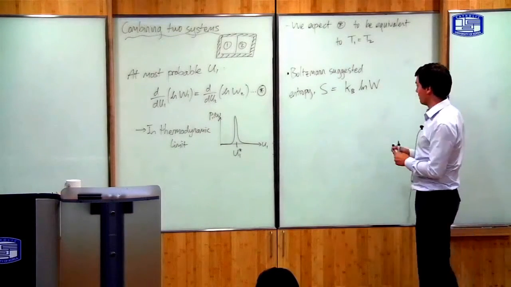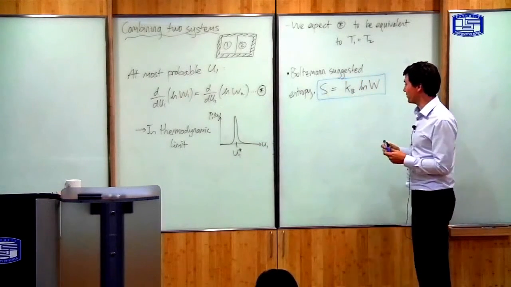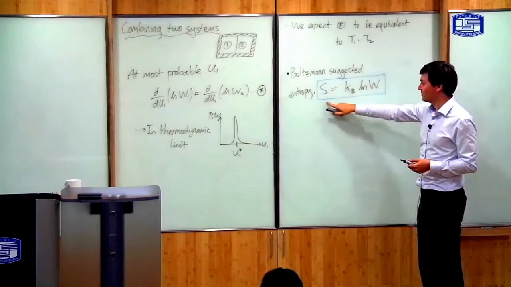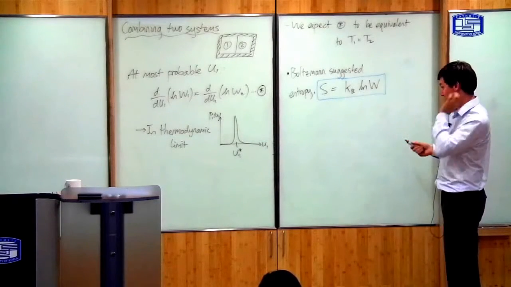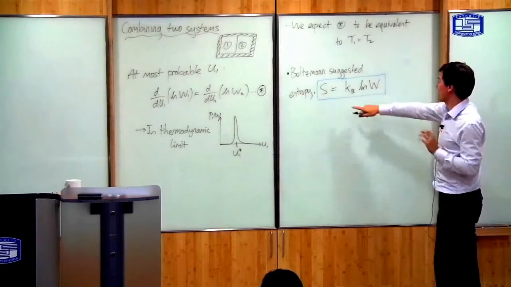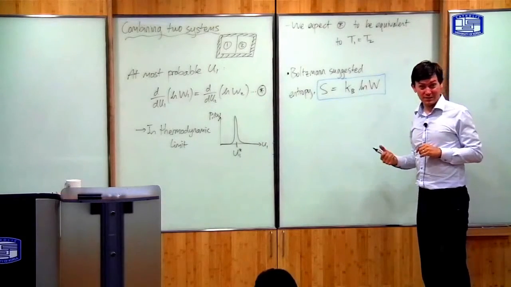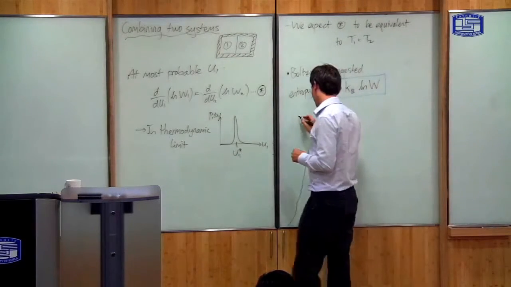So this is a very important equation. Let's put a box around it. This is actually the equation that Boltzmann has on his gravestone, if you visit his gravestone, because it's his major contribution to physics. Okay. So there's a connection between the entropy and the number of microstates of the system. Now, let's see what consequences this has.